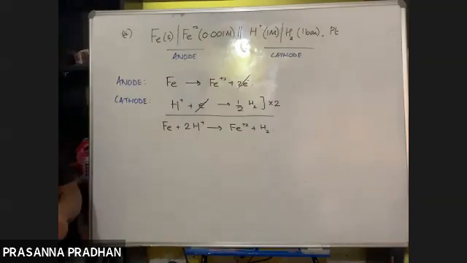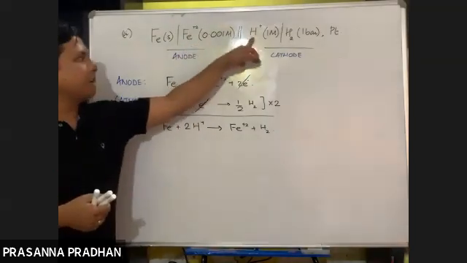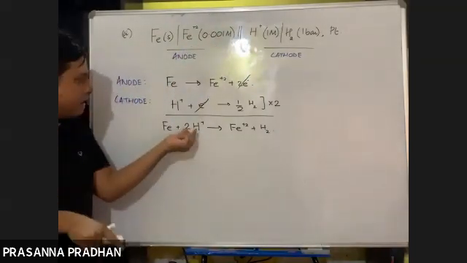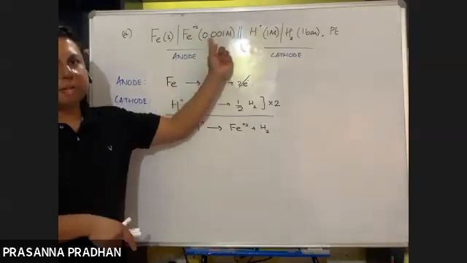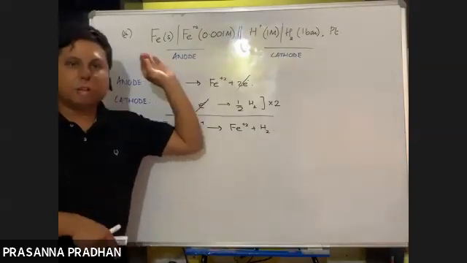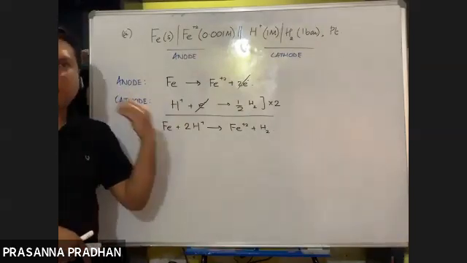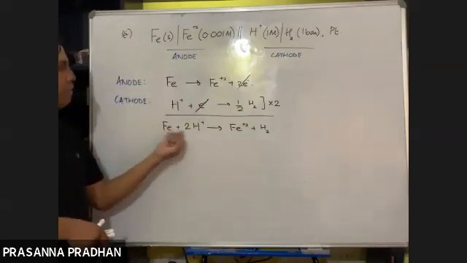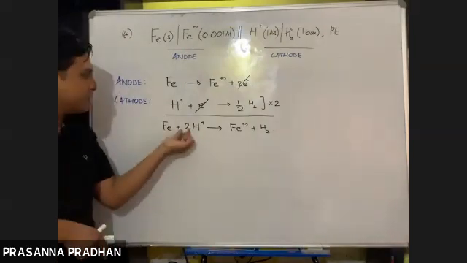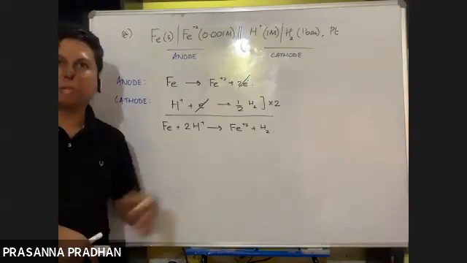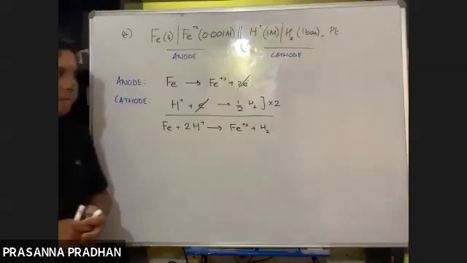The point here is, why am I not applying this directly in the Nernst equation? If I apply this directly in the Nernst equation, then it might happen that we miss out the coefficients, because from the notation we don't know what the coefficient is. So in order not to miss the coefficients, my advice is, first write down the full cell reaction. If you write down the full cell reaction, we will never miss out on the coefficients. If you miss this coefficient, then the entire numerical is going to be wrong, because this coefficient will appear in the expression.